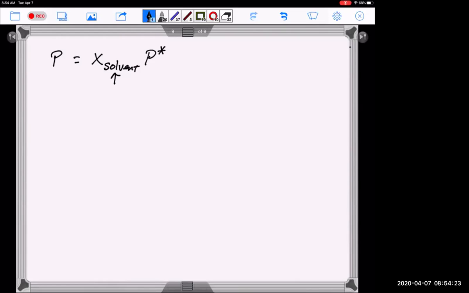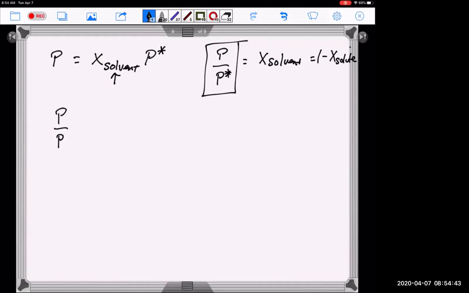So let's take a look at that. So that would be P divided by P star is equal to X solvent, or 1 minus X solute. So we're looking at, well, what is this factor? How is the vapor pressure changed by the introduction of this solute? Well, so P over P star is 1 minus n solute over n total,